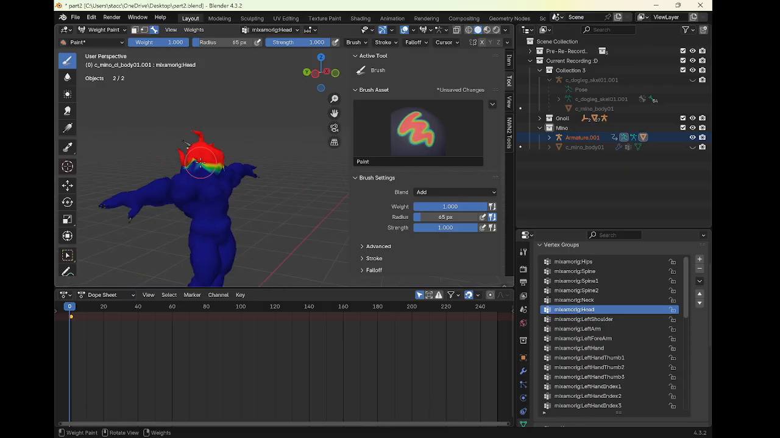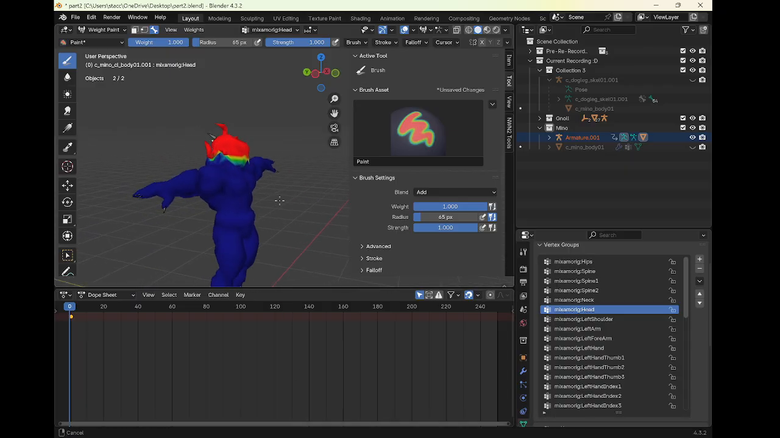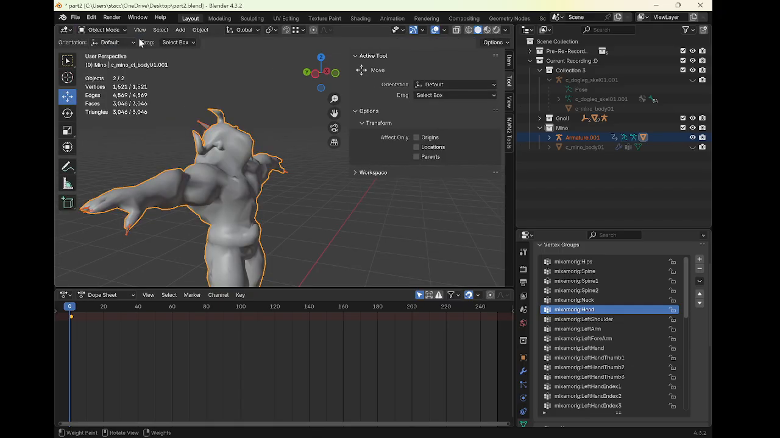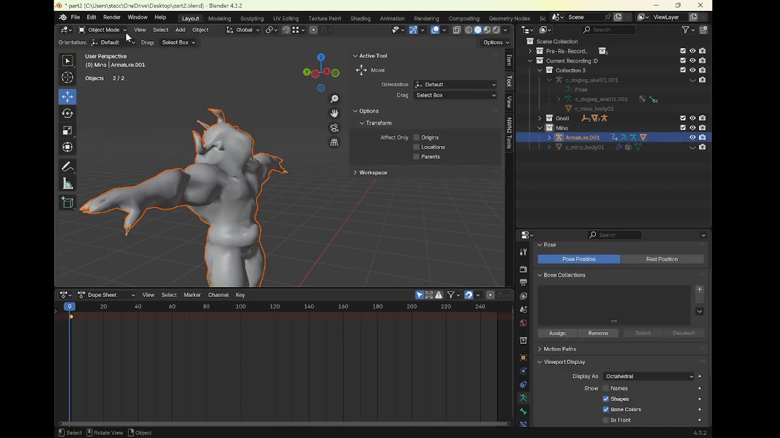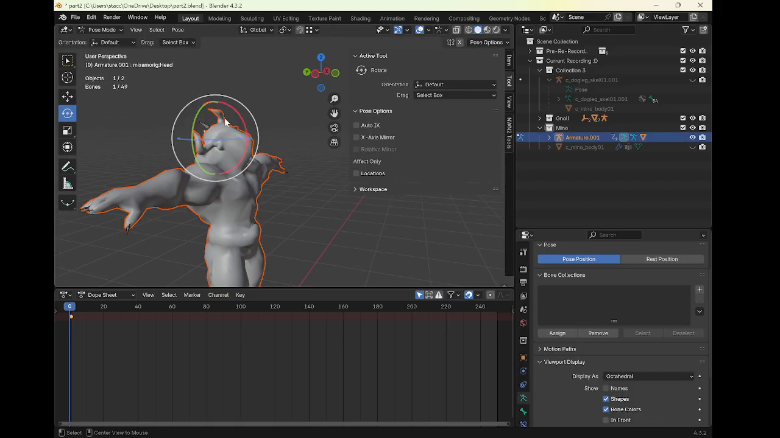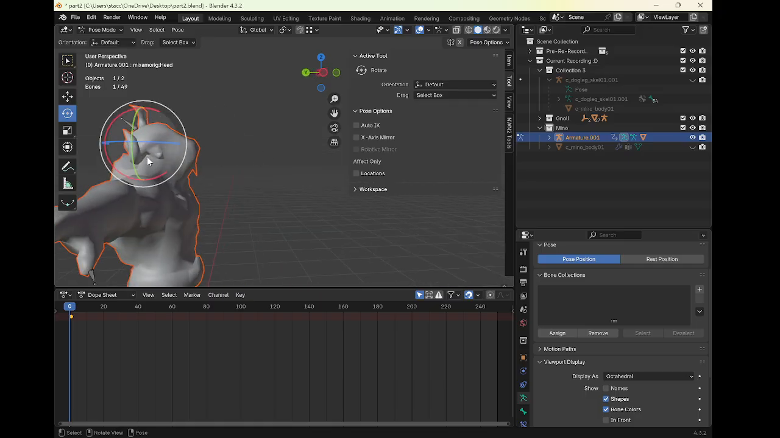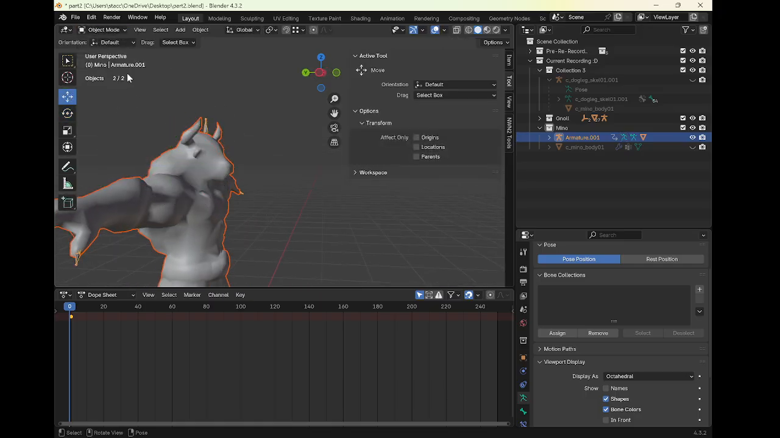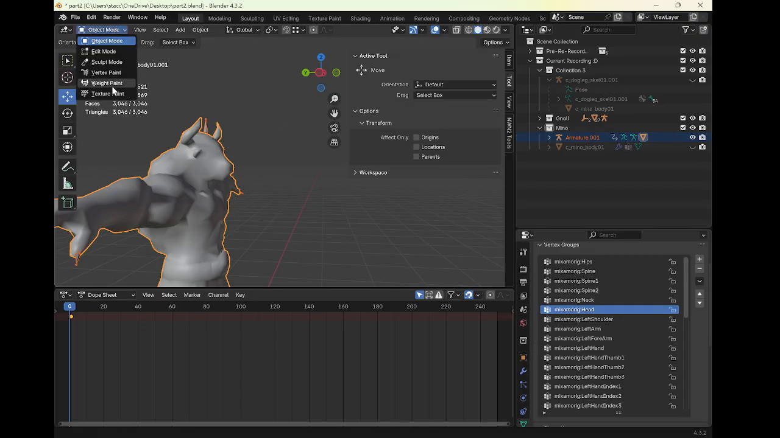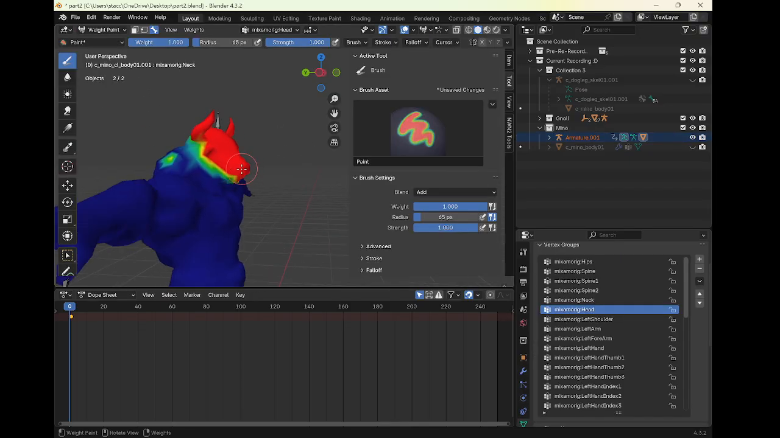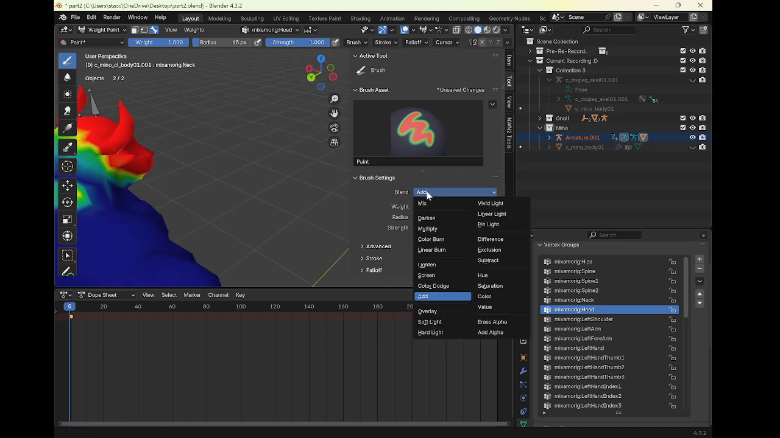Yep, so I think these control changes are killing me, bro. What's going on? Oh yeah, I forgot. I was selected on a different bone because I don't have them in front. Anyways, so